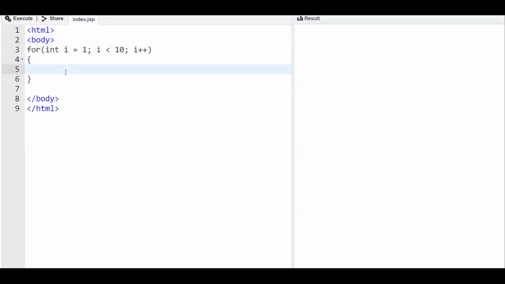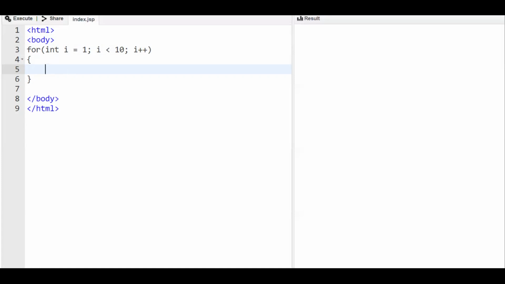So let us try to print 5 into i. The print statement should be 5 into 1 is equal to 5. Let us try to put it in a table format. If we want to put a table, we have to use the table tags.